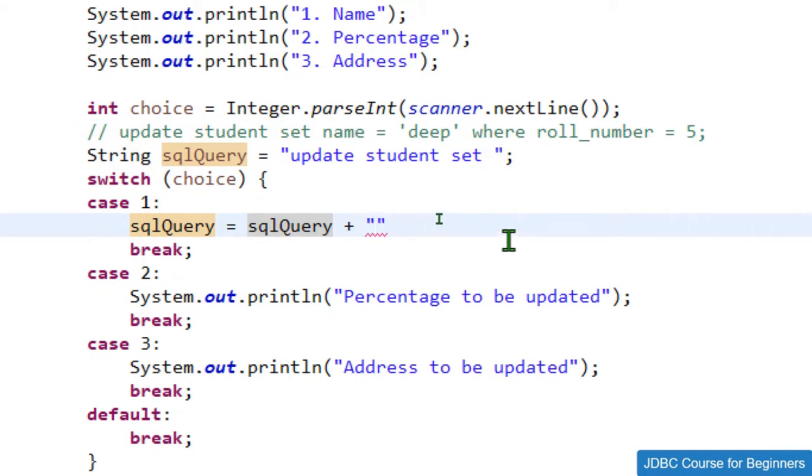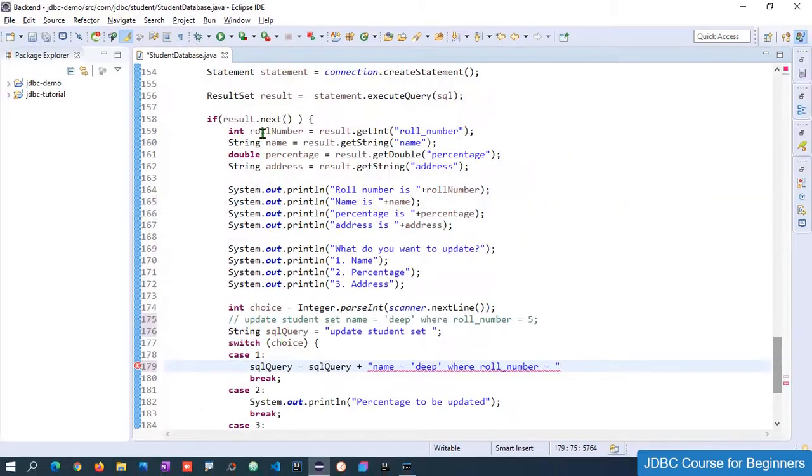Let me make it as name is equals to, let me keep Deep as it is inside the single quotes, and then we just need to use where roll number is equals to, and the roll number is stored into this roll number variable.